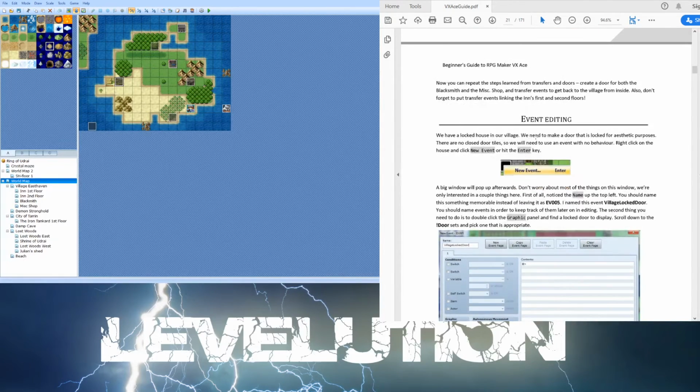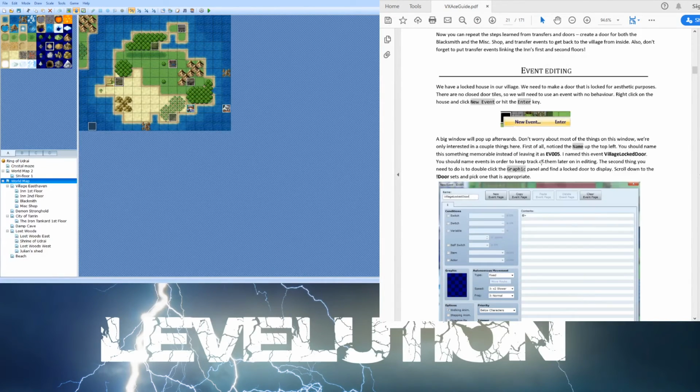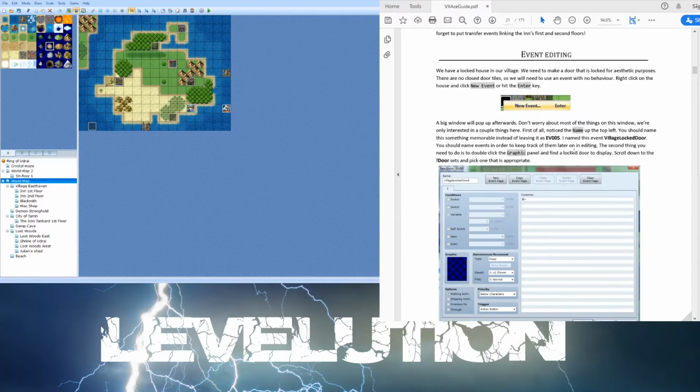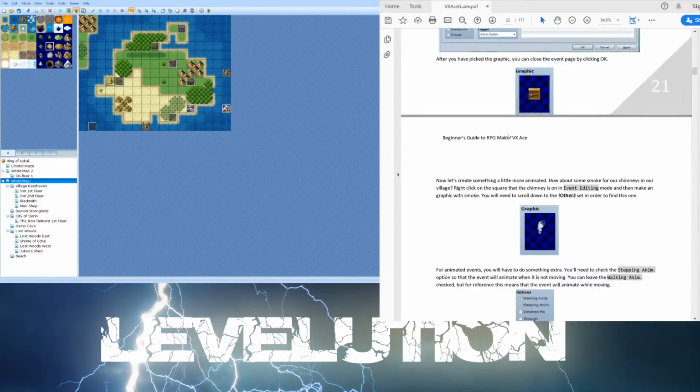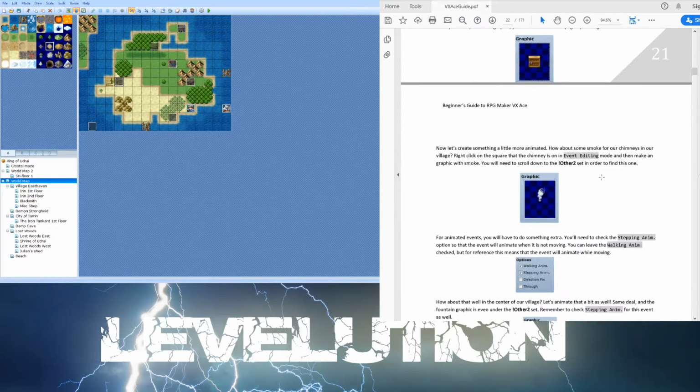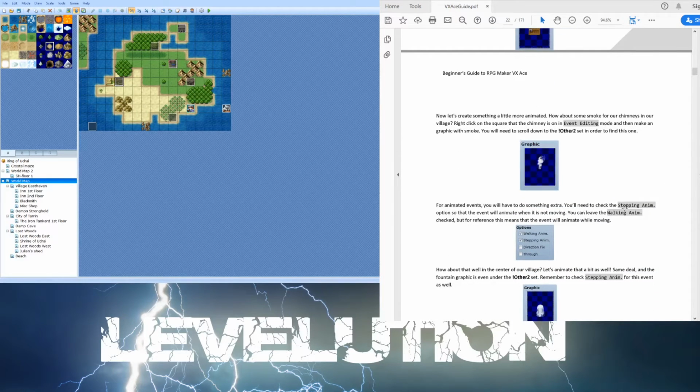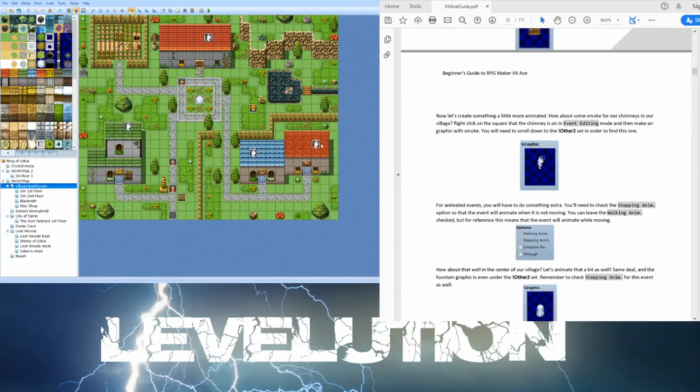So we locked the houses in the village. We need to make sure the doctor's is locked. And you can put a graphic of the locked door and then do a chimney. Animate while moving and stepping and so on. So yeah, let's go back to e-saving and then